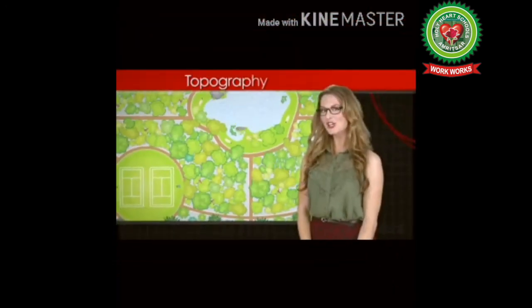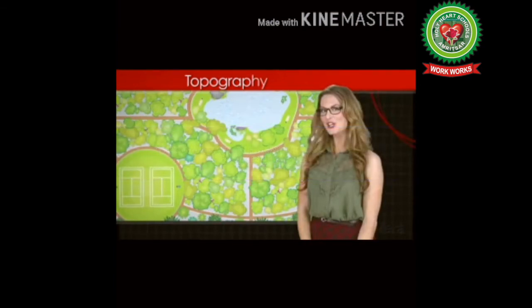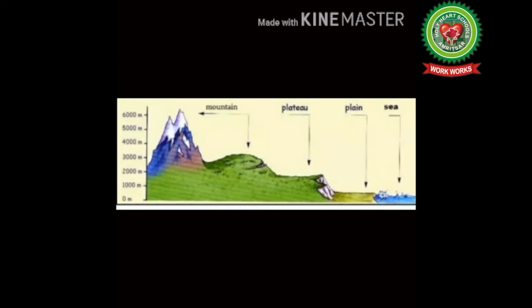What is topography? It is an arrangement of the natural and artificial features of an area. Relief is a very important element that plays an active role in all human activities. Information on relief is required for many purposes, for example, for all types of construction work such as roads, buildings, dam construction, irrigation works, and for military operations, aero navigation, scientific purposes, tourism, etc.